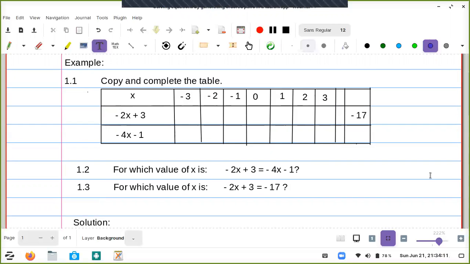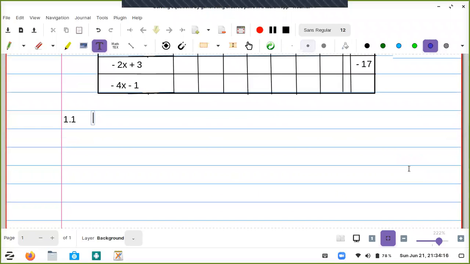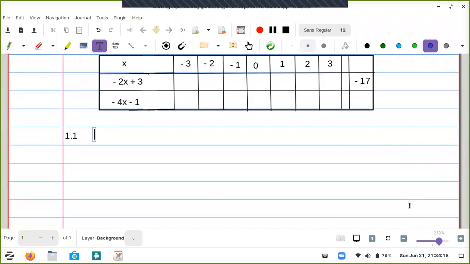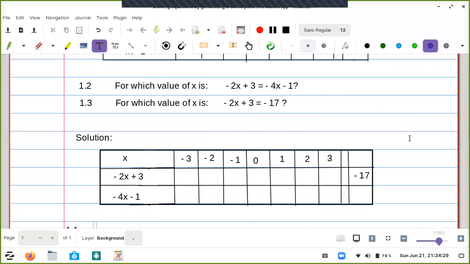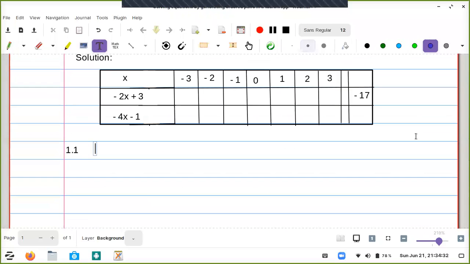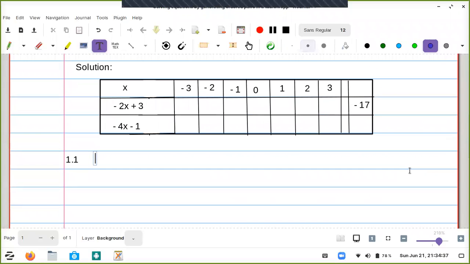How are we going to do it? Let us now do it here. I've already copied the table here. So we are going to substitute the x value into the expression, then we find the value of -2x plus 3. So here we go. Then we say for x